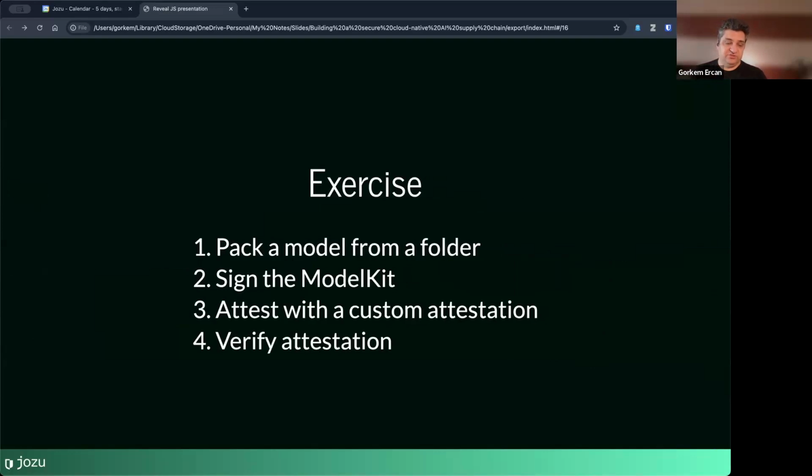Of course, I'm going to run through that a little bit myself as well. The tools that we are going to use are not any different. This time we're going to use, again, the Kit CLI to do the packaging and Cosign for signing and attestation.